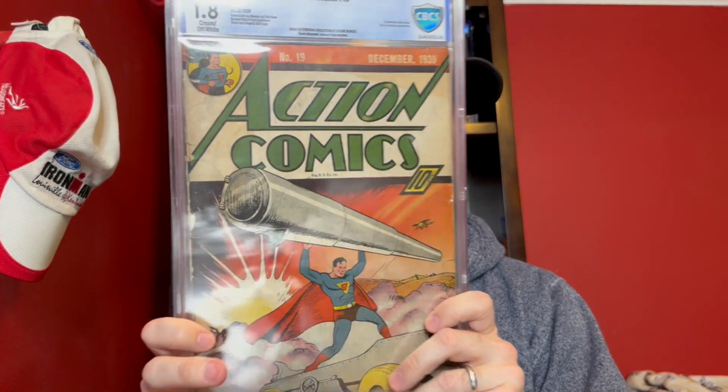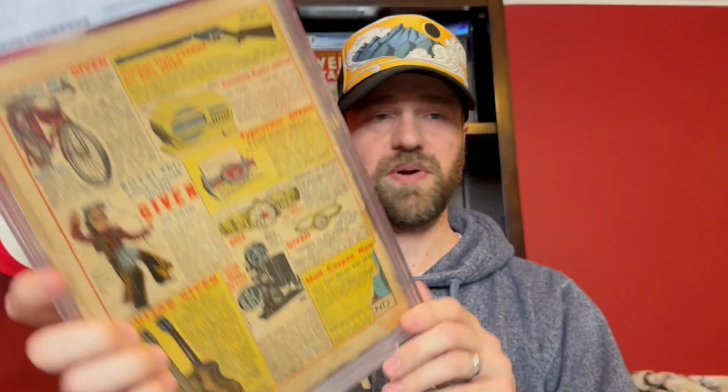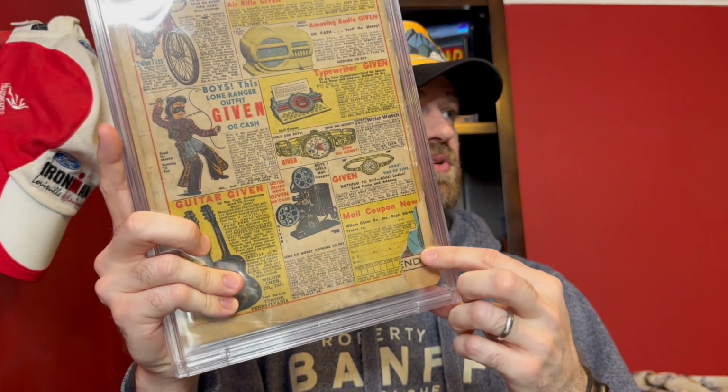The visual appeal of that I don't like as much, but the 10 cent, and the angle, little diamond in there looks so cool. Now this one, there's a piece missing out of the back here. But what am I talking about with what I love to see? It's the fact that this is a CBCS book, and it's a super rare Golden Age book graded by